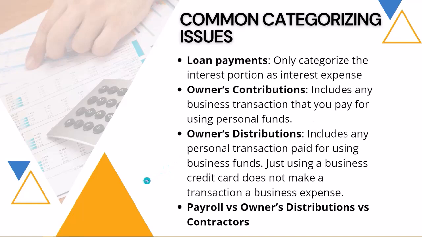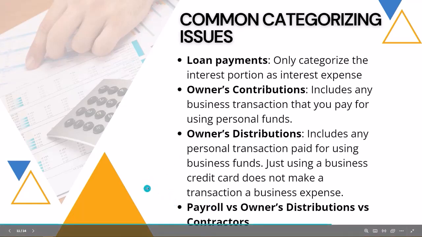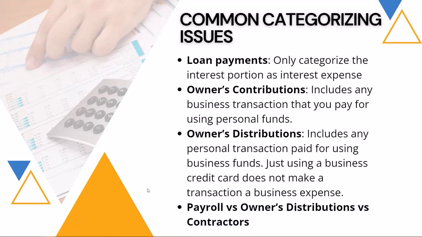Now, that being said, there's some confusion around payroll versus owners' distributions versus the payment of contractors or 1099 contractors. So owners can be receiving a wage depending upon the different entity type that their business is. So if you receive a W-2 from your business, and you should be receiving a W-2, talk to your tax accountant if you have questions about whether or not you should be receiving a W-2 as an owner from your